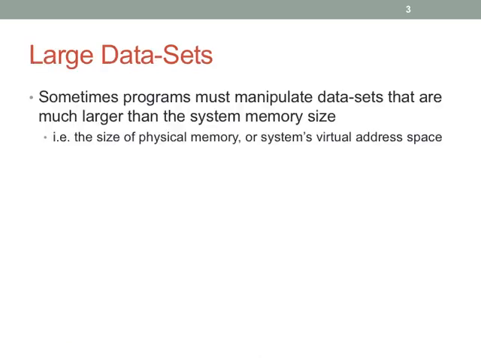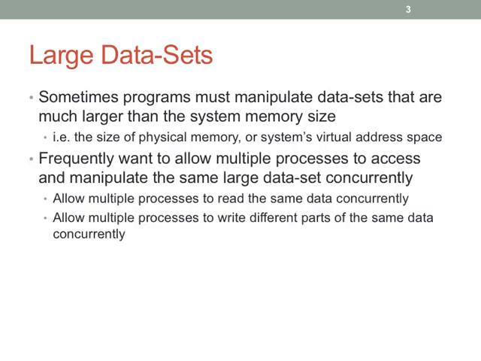Now, if you have a program that needs to manipulate a really large data set, you sometimes run into the scenario where the data set is larger than system memory. That's another situation where a file system can be really helpful, because you can load portions of it. You might use virtual addressing, memory mapping the file, and then the OS will manage loading that data into the actual physical memory. But a lot of times you just want to traverse the data set in blocks and manage that yourself.